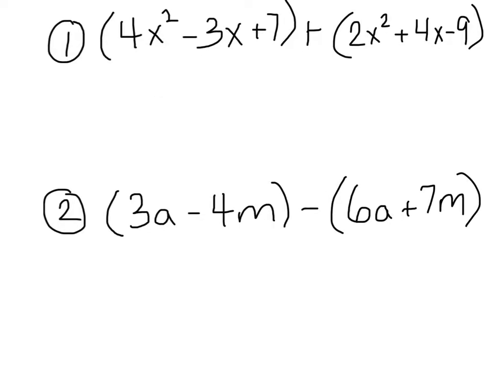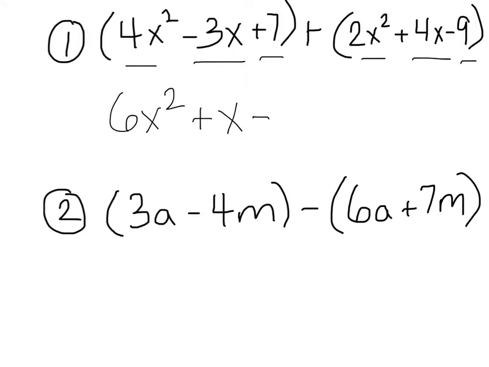For adding polynomials, for this one I have this trinomial and this trinomial, and I'm adding them. So when we add them together, we're just going to combine our like terms. First I'm going to start with my x squared term, so I'm going to take 4x squared plus 2x squared, which will give us 6x squared. Then I'm going to go to my x term, so I have minus 3x plus 4x, which will give us a plus x. And then just our whole numbers, we're going to take 7 minus 9, which will give us